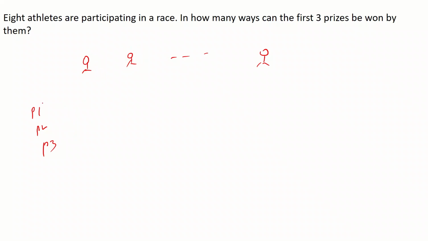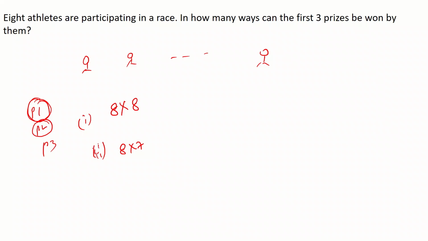The correct way to think is to think about the prizes and then distribute them to the athletes. So this prize 1 can go to 8 athletes in 8 ways. When this is done, the second prize can go to the remaining athletes in, so there is of course ambiguity. If you assume that one athlete can have more than one prize, then again there are 8 possibilities, otherwise there are 7 possibilities. The question doesn't mention anything like that. So let's make both answers. Assume in the first case that one athlete can have more than one prize, and in the second case assume that one athlete cannot have more than one prize.